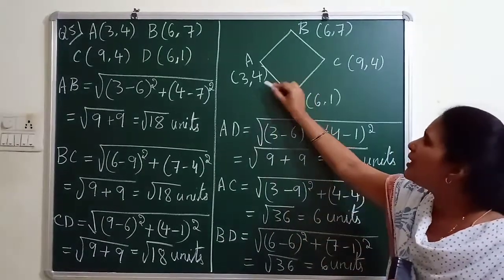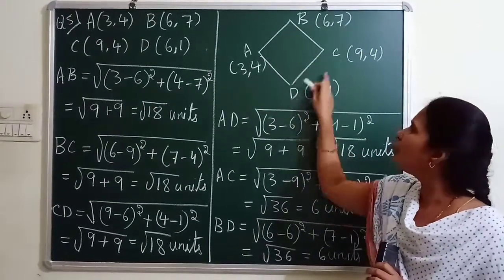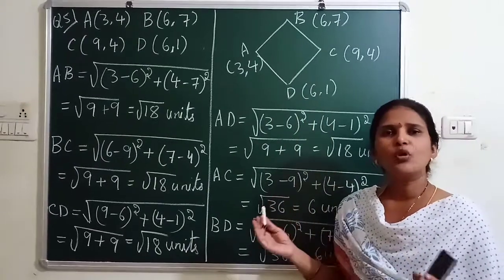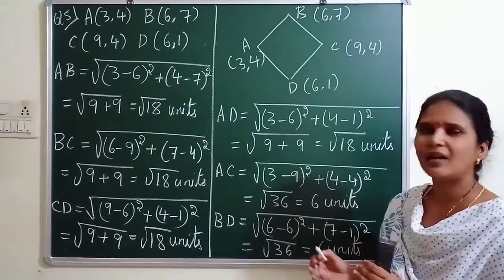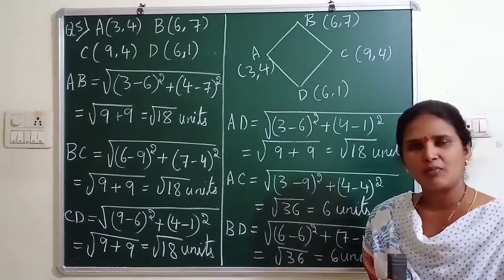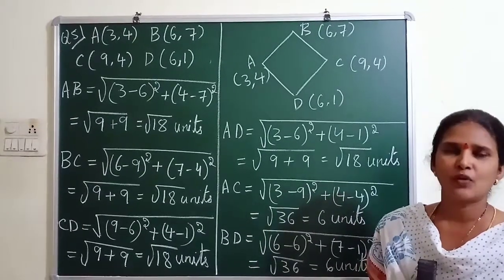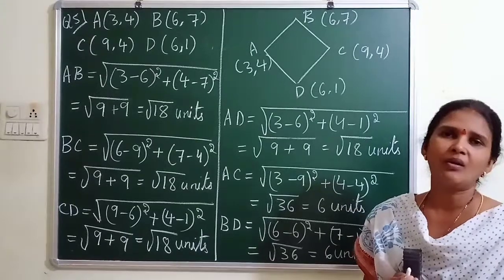So from the given figure we got the ordered pairs of A, B, C, D, that is the four friends seated in the form of one quadrilateral. So both are arguing whether Champa is correct or Chameli is correct. So to check that, I need to apply the distance formula. So how many times do you think we need to apply the distance formula to tell whether this quadrilateral is a square or not?